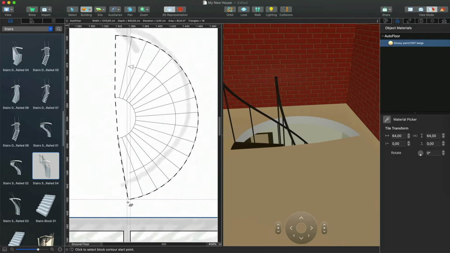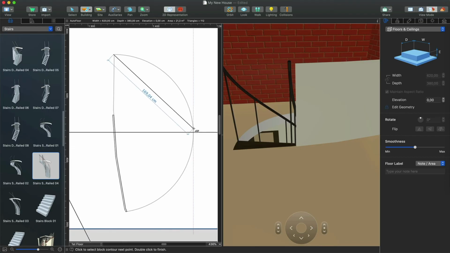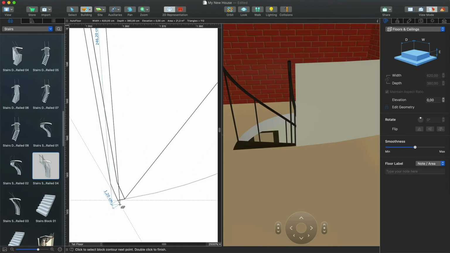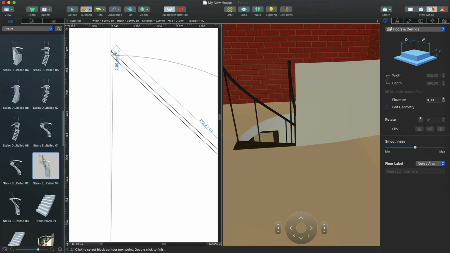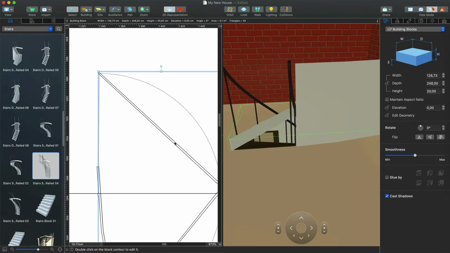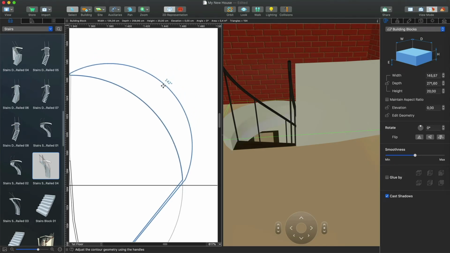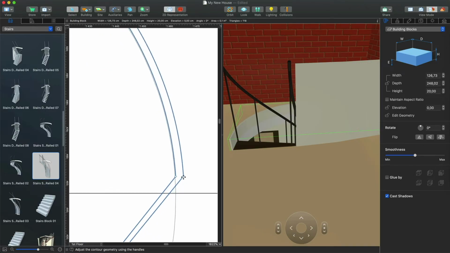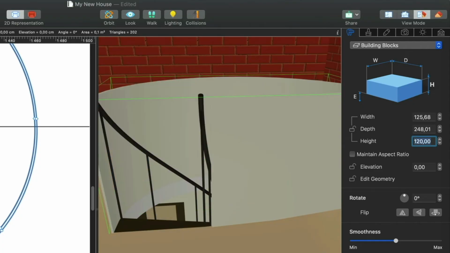With the tool, click on the plan to place the vertices of a shape, then right-click on the shape and choose Edit Contour from the menu. Add more vertices or reposition them if needed. By dragging a round control point between the vertices, you can turn a straight segment into a curve. Once finished, set the height in the inspector and apply the desired materials.